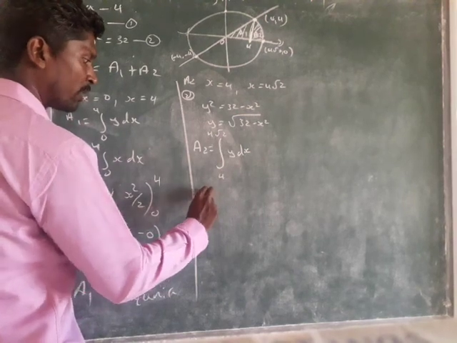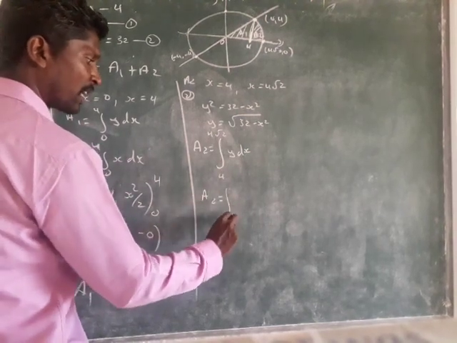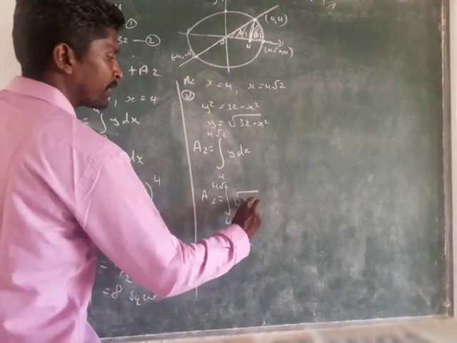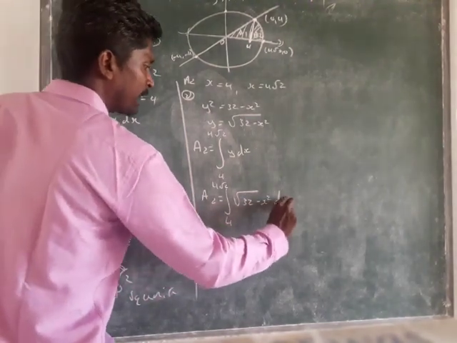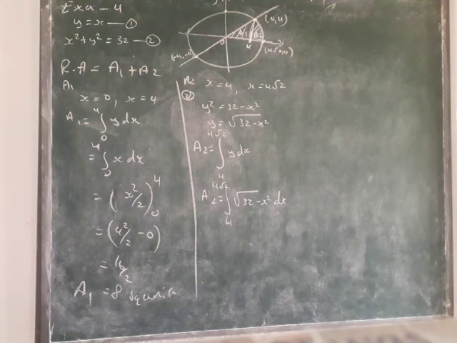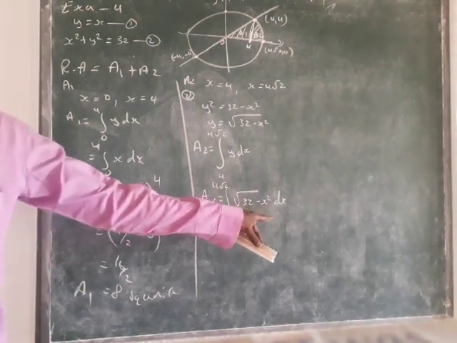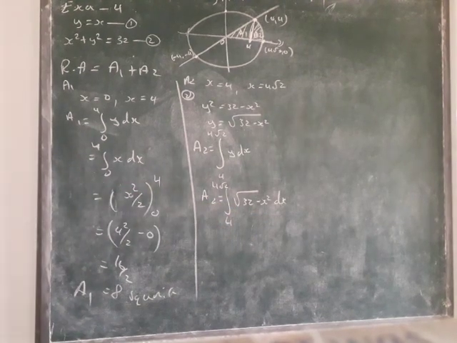Here y equals A2, equal to the integral from 4 to 4 root 2 of the square root of 32 minus x squared dx. So we have the formula for the square root of a squared minus x squared, which we know very well from the circle or ellipse. Following the formula, x by 2 times the square root of a squared minus x squared, like that, will come.